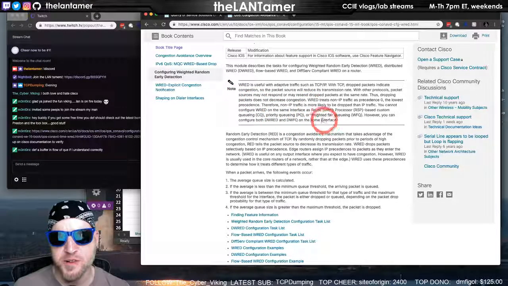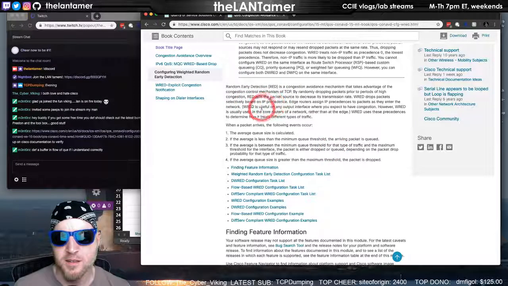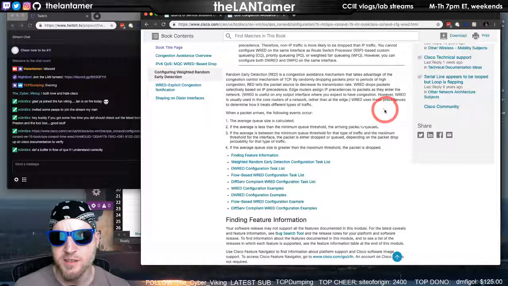WRED is used to adapt traffic with TCP. WRED is usually used in the core routers of a network rather than at the edge.